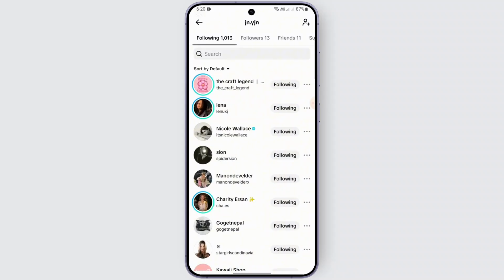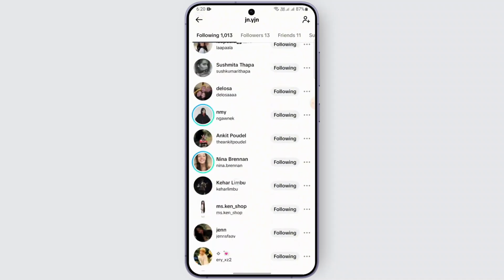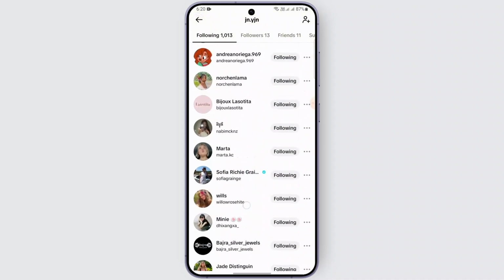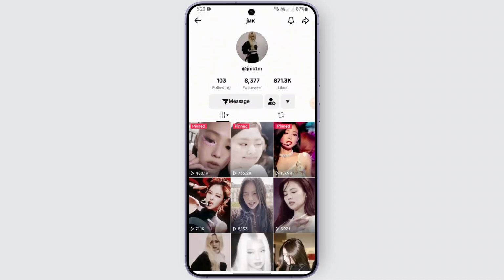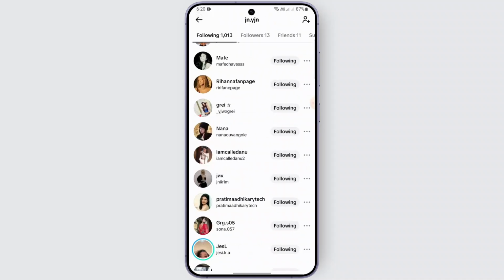This will take us to the list of everyone that we are following. So here we can scroll through and see all the accounts we follow on TikTok. We can also tap on anyone's profile to visit their profile page, for example this person right here. And if you want to unfollow someone, just tap on the following and it will turn into follow, indicating that